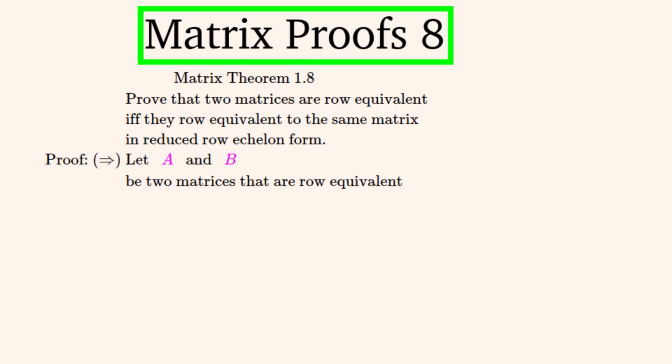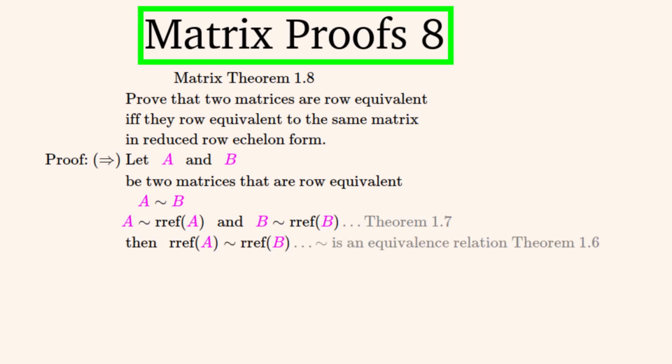So now to start this proof, we'll define two matrices to be row equivalent to each other and call them A and B. We're going to work in the forwards direction first, given by this arrow. And we'll use this squiggly line or tilde to stand for row equivalence. And by a past theorem, they're row equivalent to their reduced row echelon forms. And because the tilde is an equivalence relation, we can say that these two matrices are row equivalent immediately, using